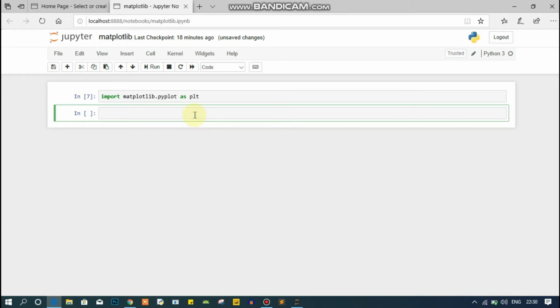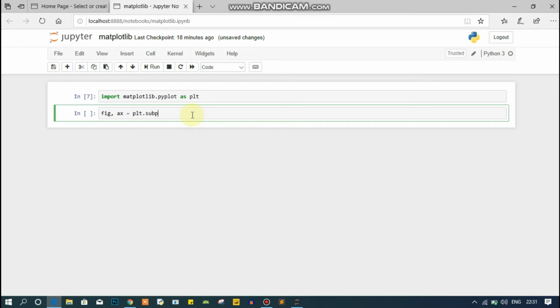Now I am going to create a very basic, very simple graph using this library, and for this I will use figure and axis. Axis is just the space where points are located, either in 1D or 2D, and by connecting those points the lines are drawn. So let me use plt.subplots.